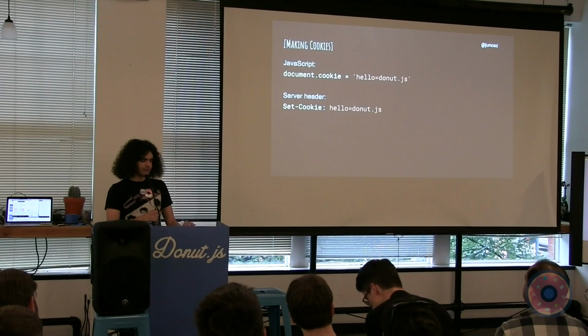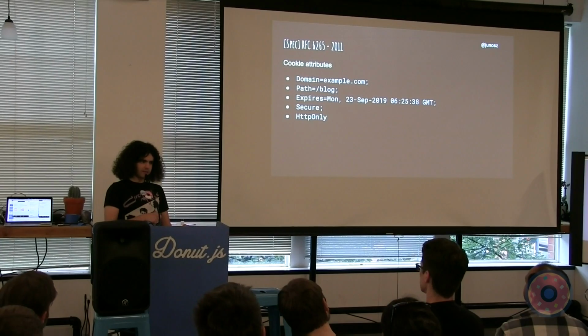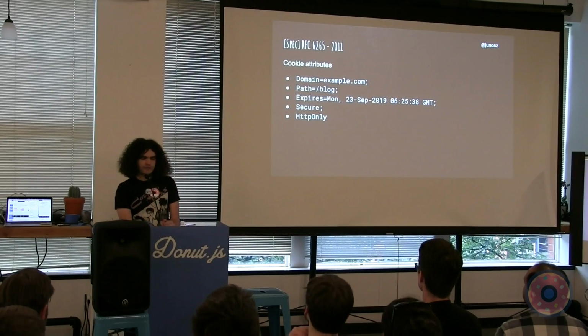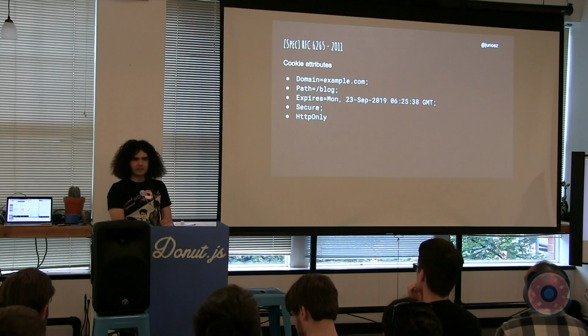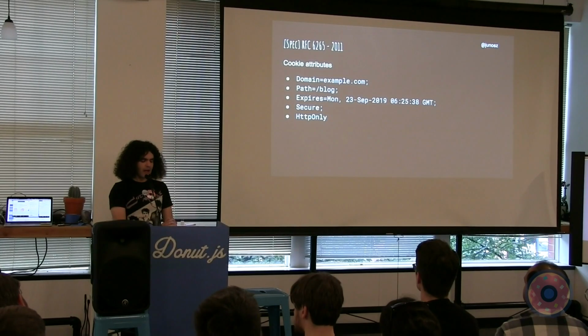So what else do we have? Cookies, as they sort of currently exist on the web, are specified in RFC 6265, dating from 2011. And it defines kind of the syntax for setting cookies and the various attributes that you might have on them. You can set the domain that they're available on, what path, from various other old days on the web, and also how long they're going to stick around for and under what circumstances they might be sent back.